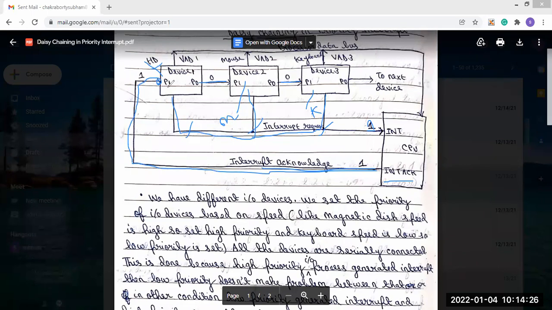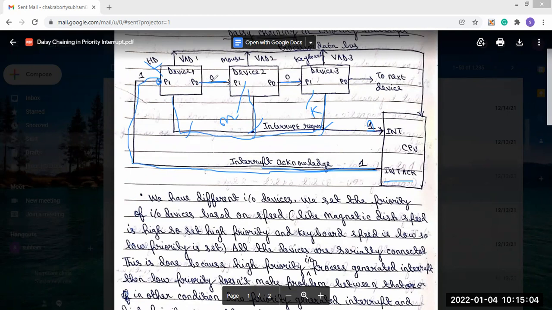Let's say the hard disk is among these three devices and the hard disk has generated the interrupt. So what will happen? The acknowledgement which came to the hard disk, it will consume that and send 0 to the other devices.